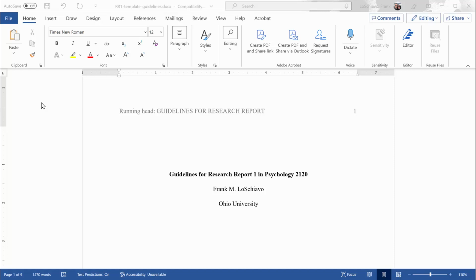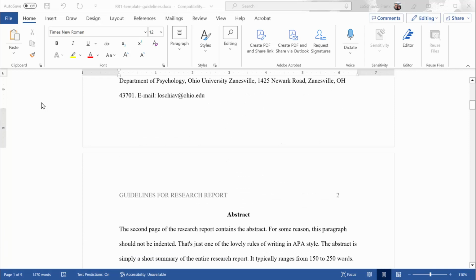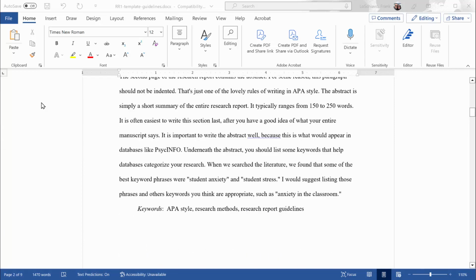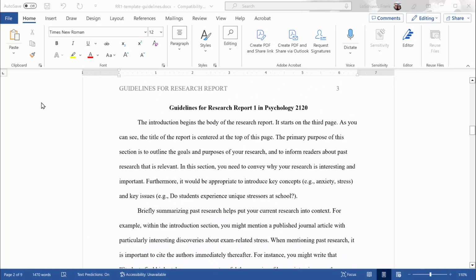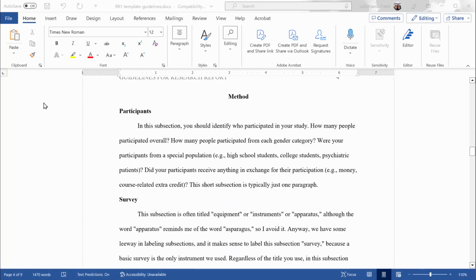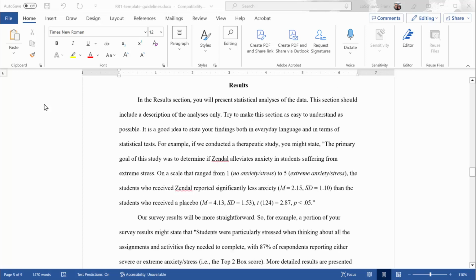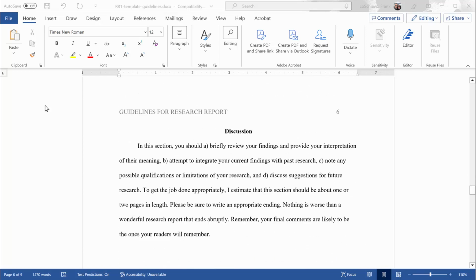The interesting thing about the APA-style research report that you're looking at right here is that it focuses on tips for formatting and writing APA-style research reports. So we'll consult this report frequently throughout this video. For example, you can see it has a running head, it has an author's note, an abstract, an introduction section, a method section, a results section, a discussion section,